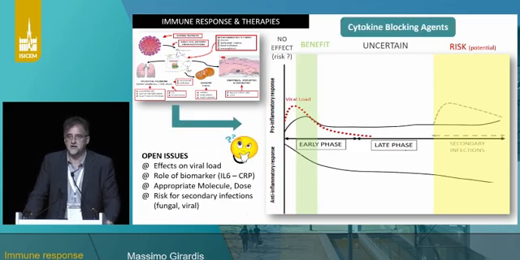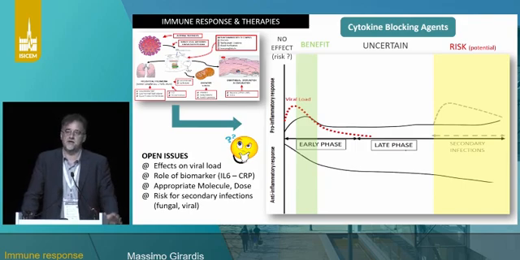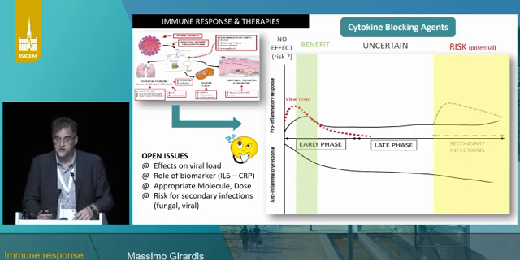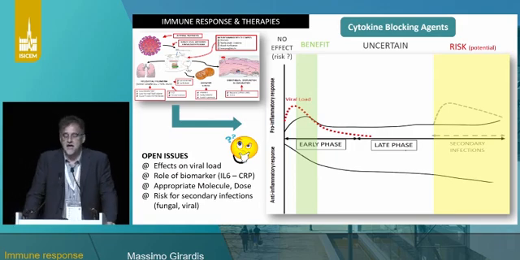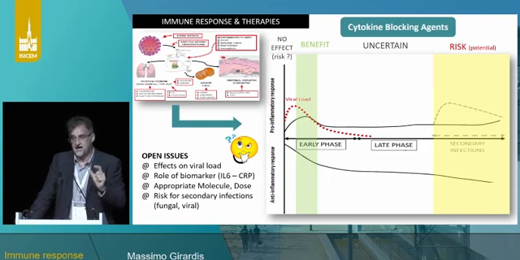The same is true for cytokine blocking agents: sarilumab, tocilizumab, anakinra, and so on. We used them since the first hour in our patients, not really in the ICU, but before. The first 2 trials in Italy on patients before ICU admission were negative. But of course, the problem is which is the right window in terms of inflammatory and immune response. I don't think that needing oxygen is the right parameter, the right criterion, for deciding if a patient must or must not receive tocilizumab.